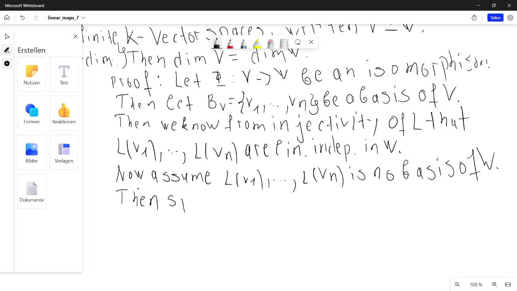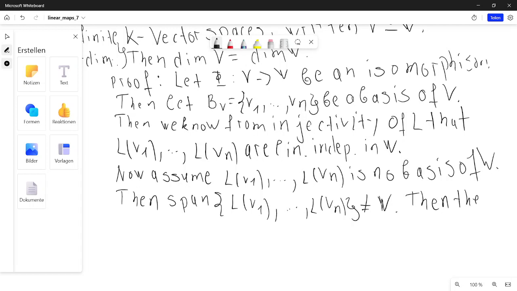Then the span of L of V1 to L of Vn is not equal to W. Of course, it is a subspace. Just by definition of a span, it is all linear combinations of these elements in W. So it is, of course, a subset of W. So that means that the other subset relation is not satisfied. Then there exists